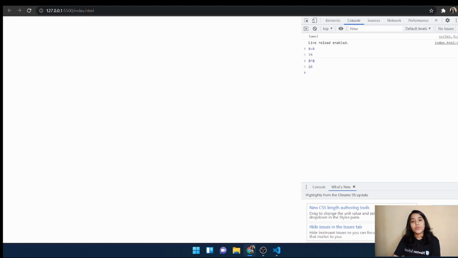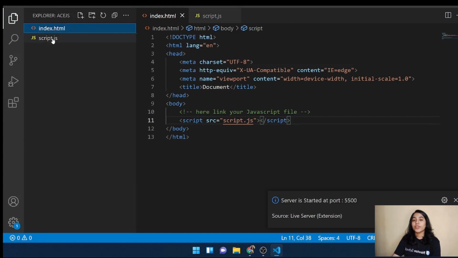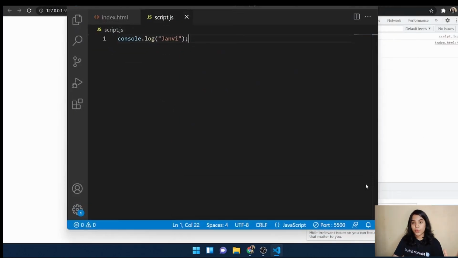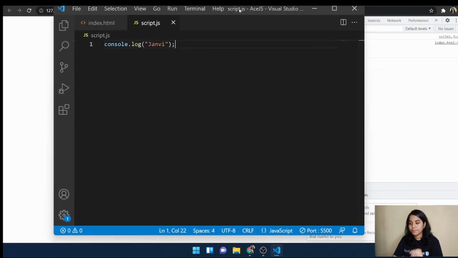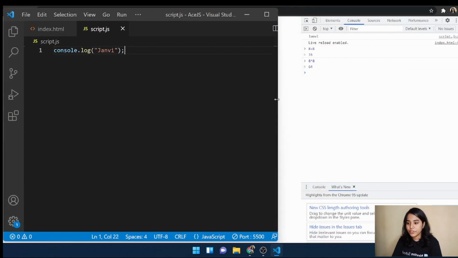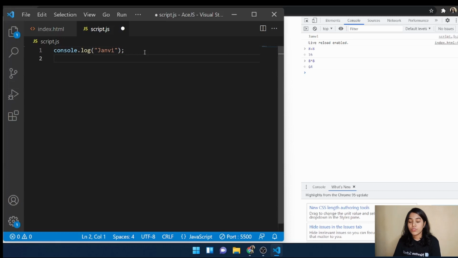So basically you can do all our calculations over here directly as well. Okay, so basically the point of saying the whole thing is that whatever you write in your JavaScript will be shown in the console. Now suppose I write here console.log, and in the inverted commas I'll write hello, and then you can see it over here. And similarly, console.log means print it over there, log it over there.